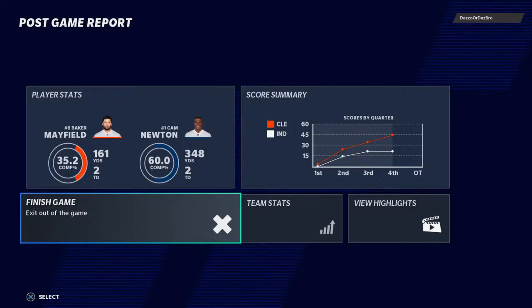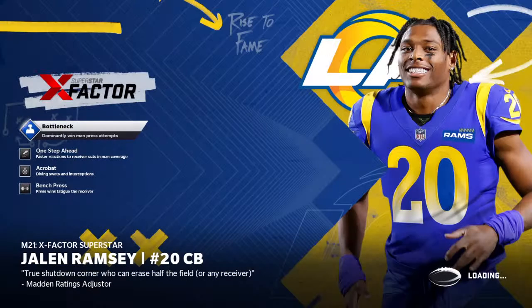So for Cleveland, that early momentum continues here as they move to 4-0. And they'll be back home next week to take on the Denver Broncos. Meanwhile,